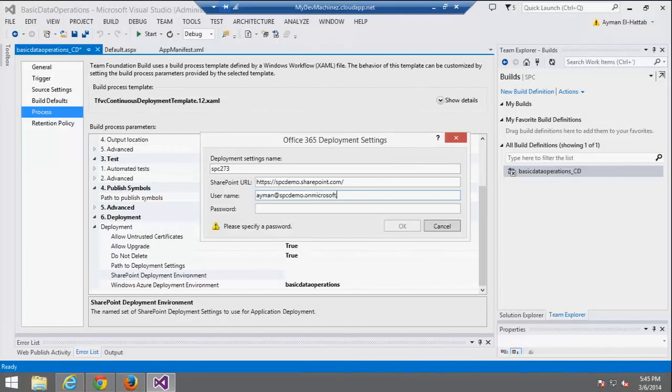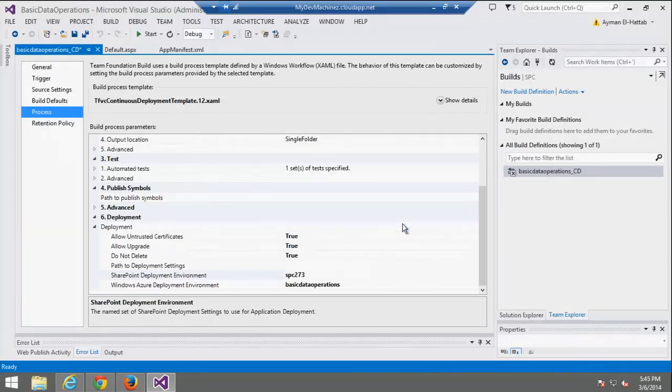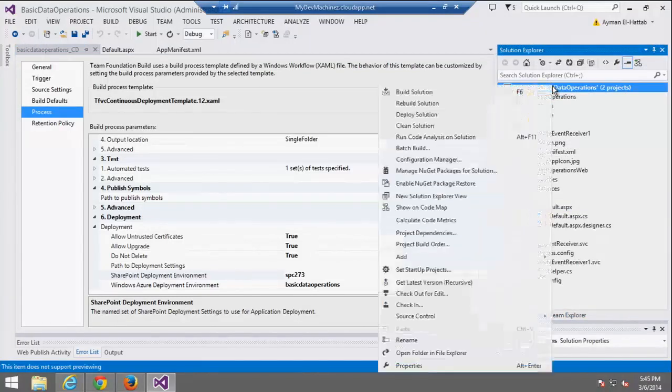And the password. Now it knows where it should deploy the SharePoint app and the provider hosted component. I'm going to save it. Being saved.